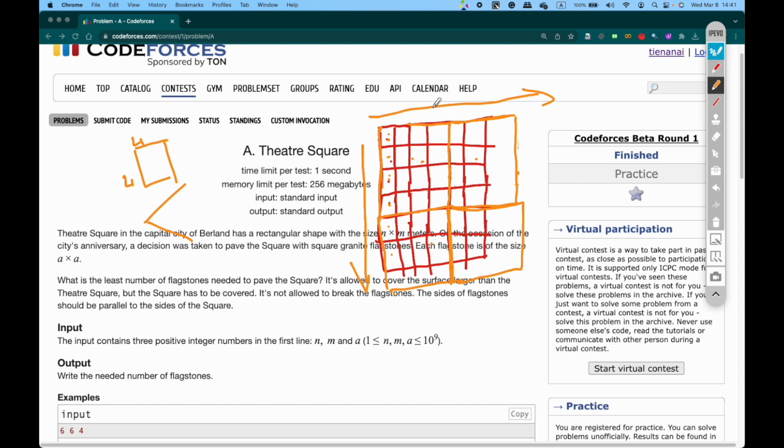For example, let's say k is the number of flat stones for the horizontal, and L is the number of flat stones for the vertical direction, and then the total number of flat stones will be equal to k multiplied by L. So how can we figure out k? We have 2 k's here. That is n, because the side of the theta square is n by m. So to figure out how many flat stones we need for the horizontal, we can use the formula n multiplied